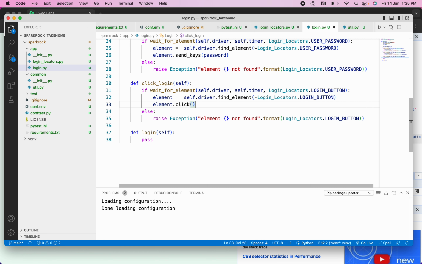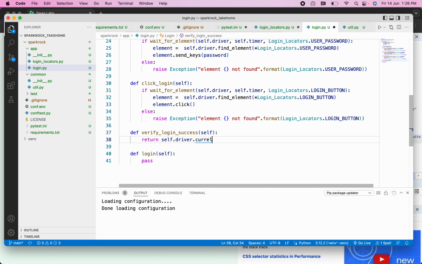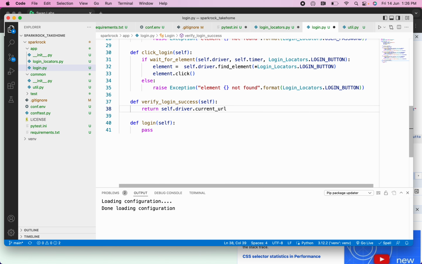And then we also need a method to verify whether the redirection has happened or not. So verify_login_success. Inside this we can simply return self.driver.current_url, and we'll be verifying inside the test that the URL contains